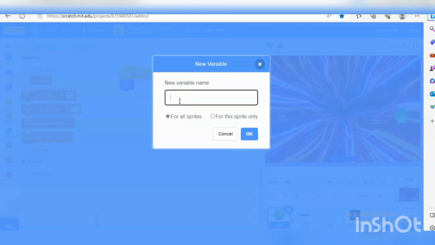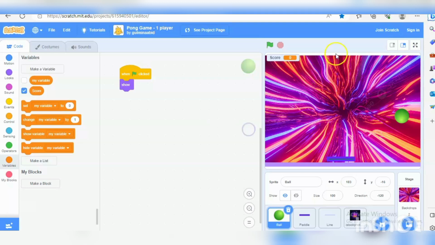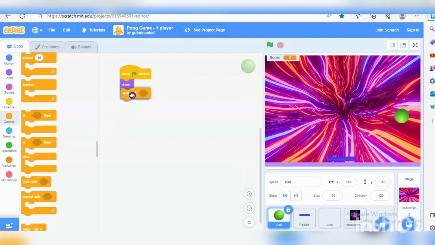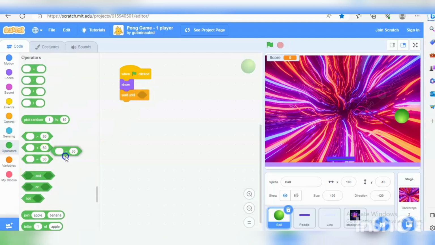So before going to that code, I want a score variable. So click on make variable. We'll create a score variable, score equal to 0 by default. Okay. So we will wait until my score is equal to 5, because today my target is 5. Once I reach 5, I'll win the game. So